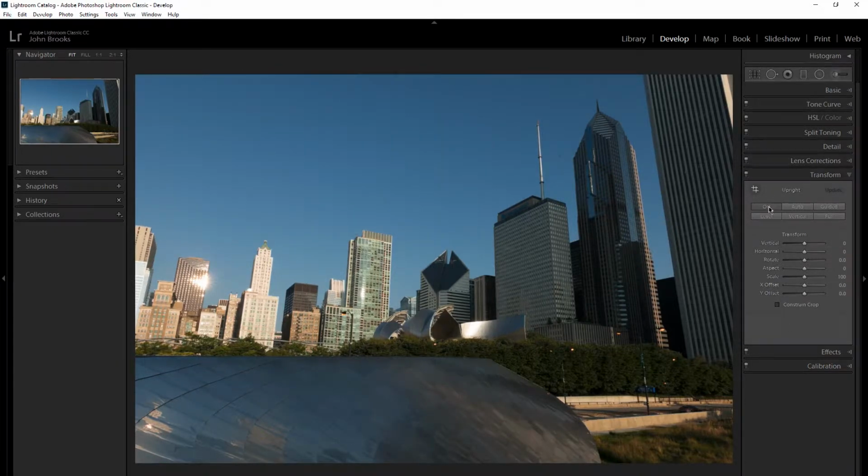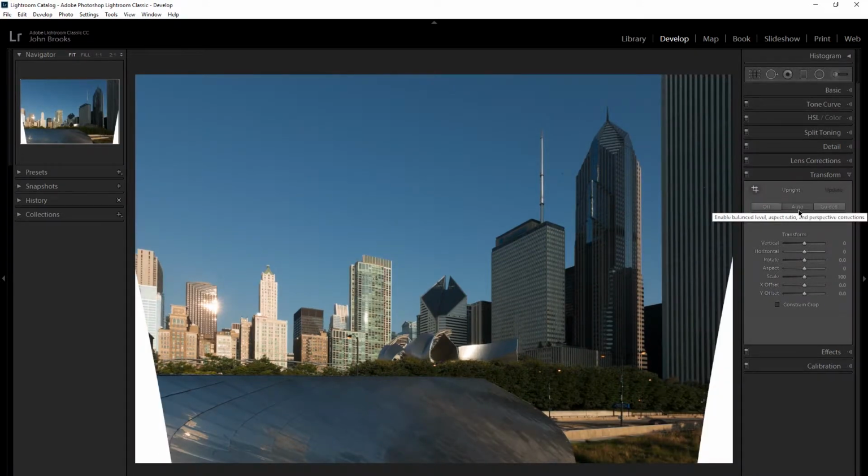And you will see 6 buttons here: off, auto, guided, level, vertical, and full. This is also doing some correction. And I told you my lens was making those buildings tip in towards the center. If I wanted to correct for that, make my buildings perfectly vertical, this is a great place to try this. So I'm going to try the first one, which is auto, and you can watch my screen